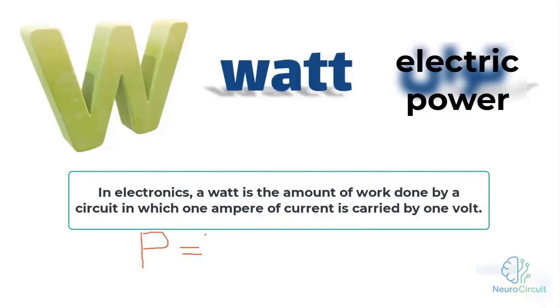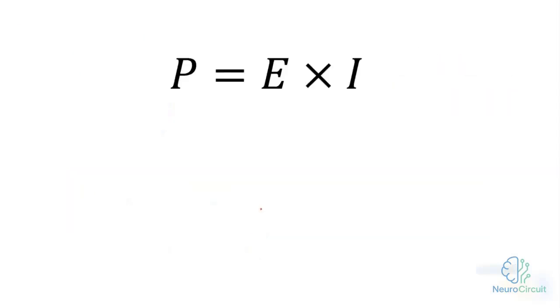That is to say, I have exactly 1 ampere of electrical current, which, as we previously mentioned, is typically represented by the capital letter I, that is conducted by 1 volt. Volt is the unit of voltage, and if you remember, we said that voltage is represented by the letter E. So now, this has become a fundamental equation that we can readily utilize in our calculations, and its nicer and more commonly presented form is P equals E times I, which